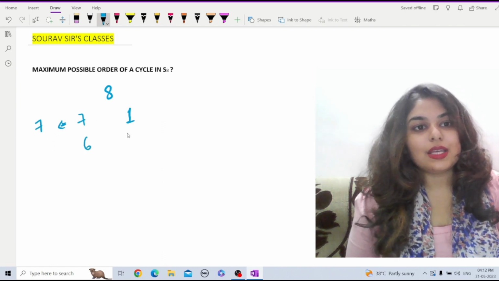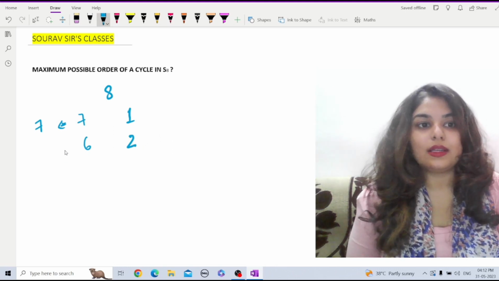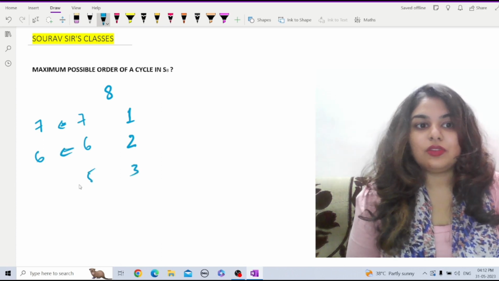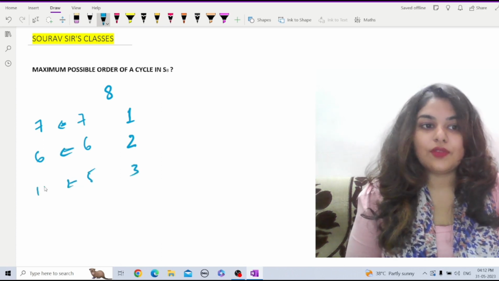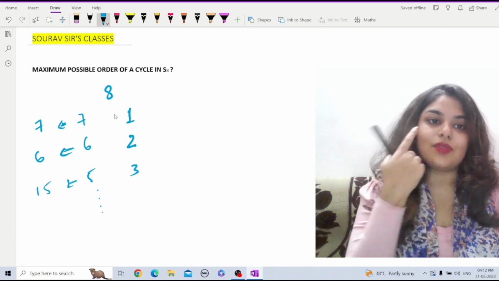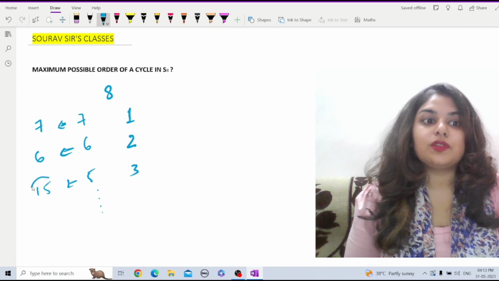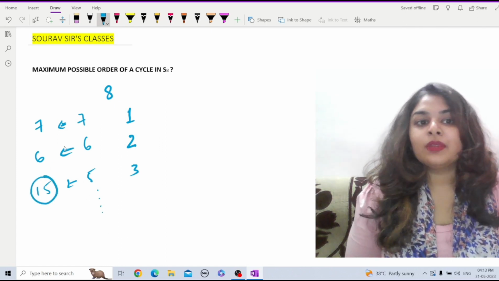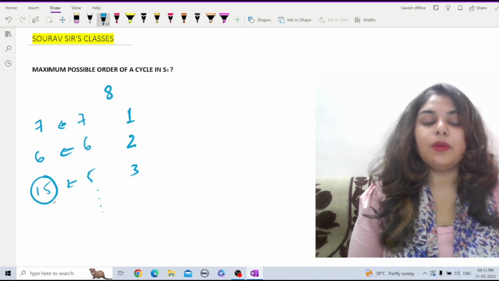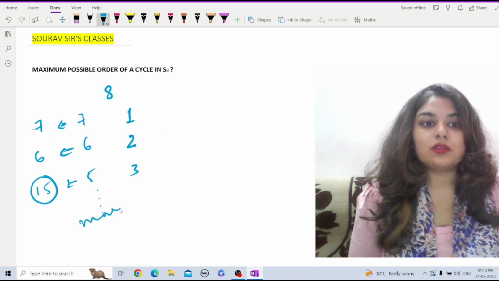Again, this can be written as 6, 2, or 2 can be written as 1, 1. So 6, 1, 1, that is the LCM will be 6. Again, you can write it down as 5 and 3. Now the LCM of 5 and 3 is 15. And if you go on like this, decompose the values of 8, you will end up with the maximum value which will be 15, because any other combination which adds up to 8 will give you a number which is less than 15, like 7, 6 and so on. So the maximum possible